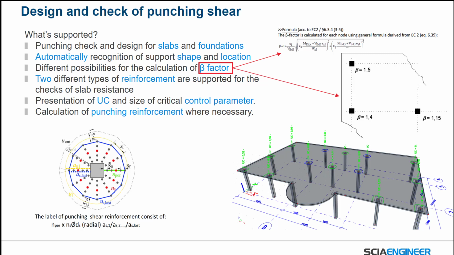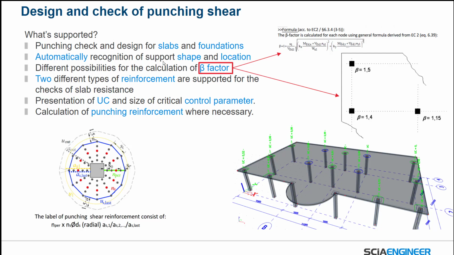What can we do for punching? In fact, we can do punching for slabs and foundations. Good news: SIA automatically recognizes the shape of the column. Please look at this column. This column is a rectangular column, but in the past we had some other solution for the design of punching. In the past, you had to tell the software the case of that column. Is it rectangular or is it circular? Is it a corner column or is it an edge column? Now all that is not required from you, and I guess you will save a lot of time because